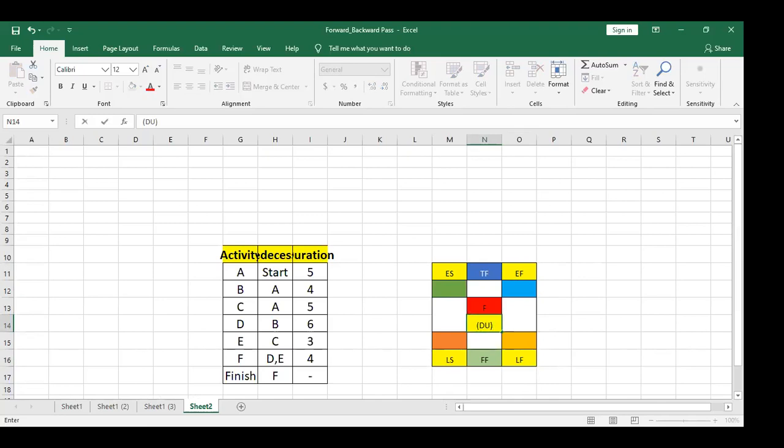This matrix shouldn't be only saved in your brain, it should be punched in your brain, because in the exam you will not waste your time drawing these boxes. You have to punch in your brain that by default on the left side you will write down the early start, and here right side early finish, and on the bottom late start, late finish, in the middle total float, and down free float.